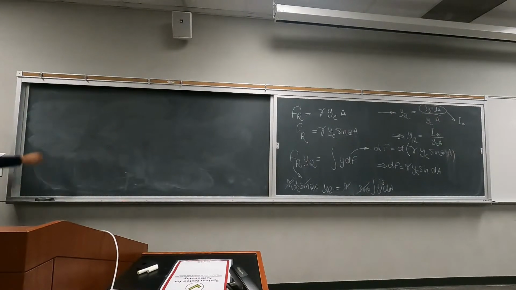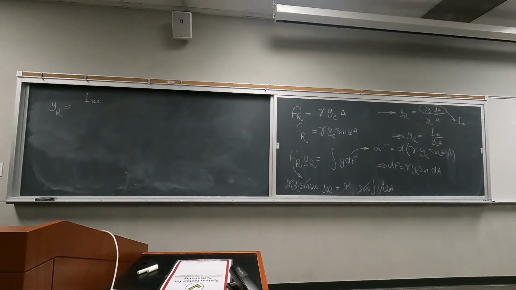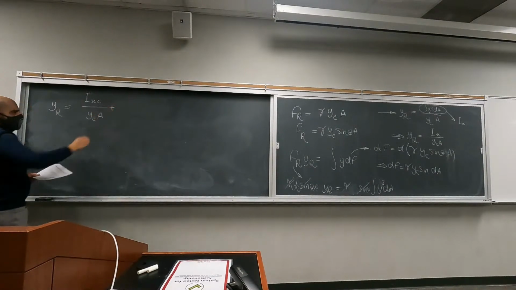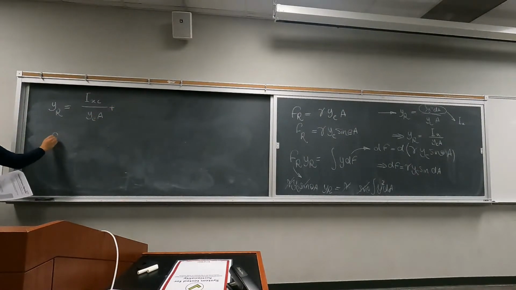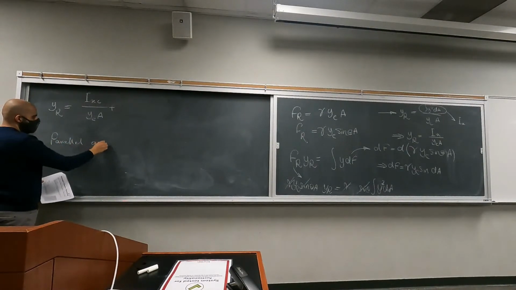So the location, eventually, if you play with that, because the calculation of that I_x is going to be a little harder, we're going to calculate the I_x around the centroid, over y_c A, and based on the parallel axis theorem, which is also mentioned in this book,